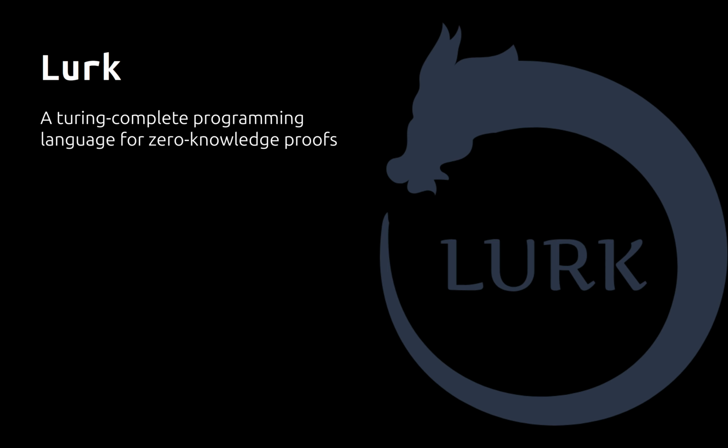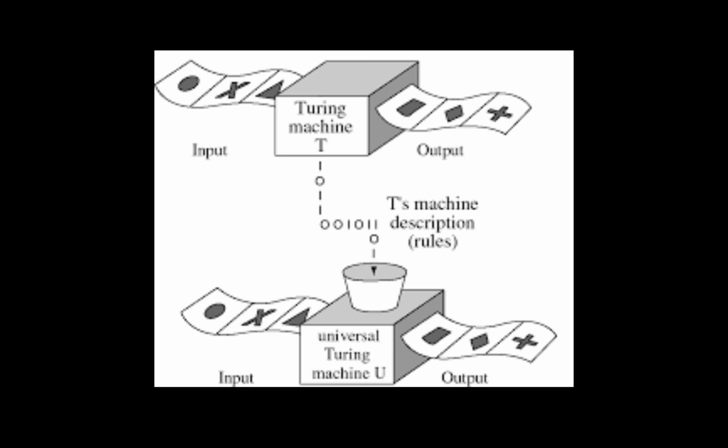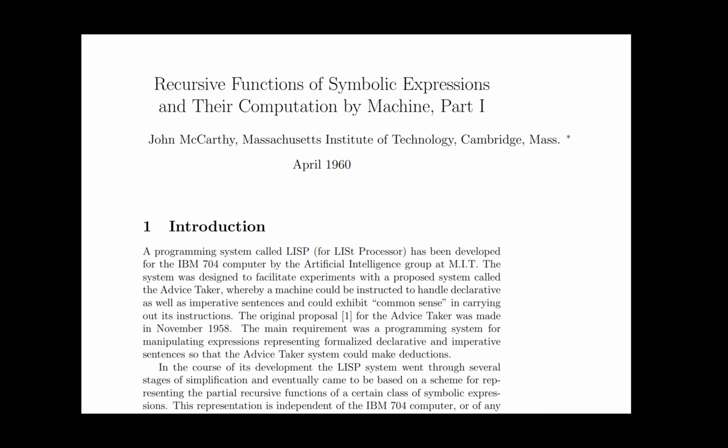And the approach that Lurk is taking is a bit of a throwback to this paper here from 1960, Recursive Functions of Symbolic Expressions and Their Computation by Machine, by McCarthy, where he's describing the Lisp programming language. Lisp is a very minimalist programming language that has a very minimal set of rules that allow you to recursively step through a program to its execution. So what Lurk is, essentially, is a Lisp